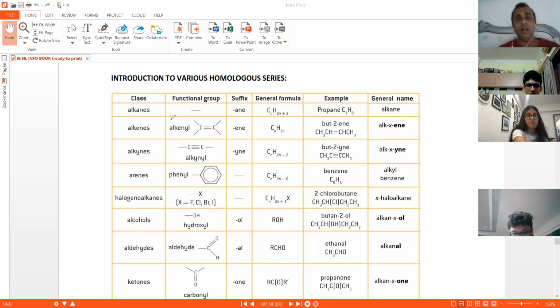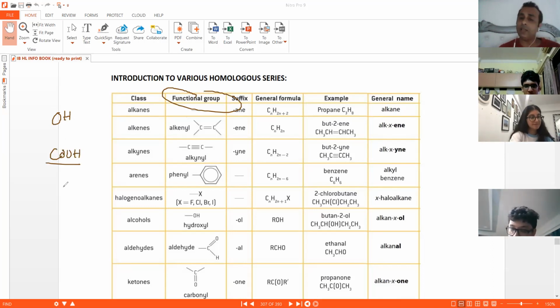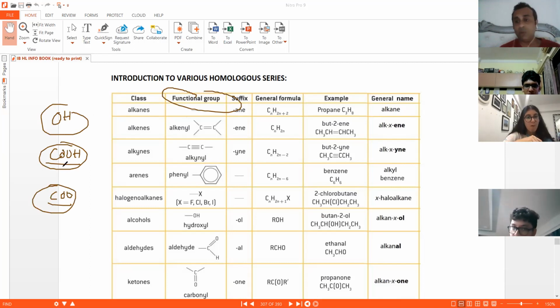You do not know the names of specific functional groups, because in the MYP or in the IGCSE or in ICSE or in CBSE, we have not learnt the names of the functional groups. We just know that, like alcohol, OH is a functional group in alcohol. Acid, COOH is the functional group in acid. Ester, COO is the functional group in ester. We just know that this is a functional group, but what do we call this? What is the name given to this? This we have not learned. So usually students say that hydroxide, you know. Yeah, so hydroxyl group. It's hydroxyl,